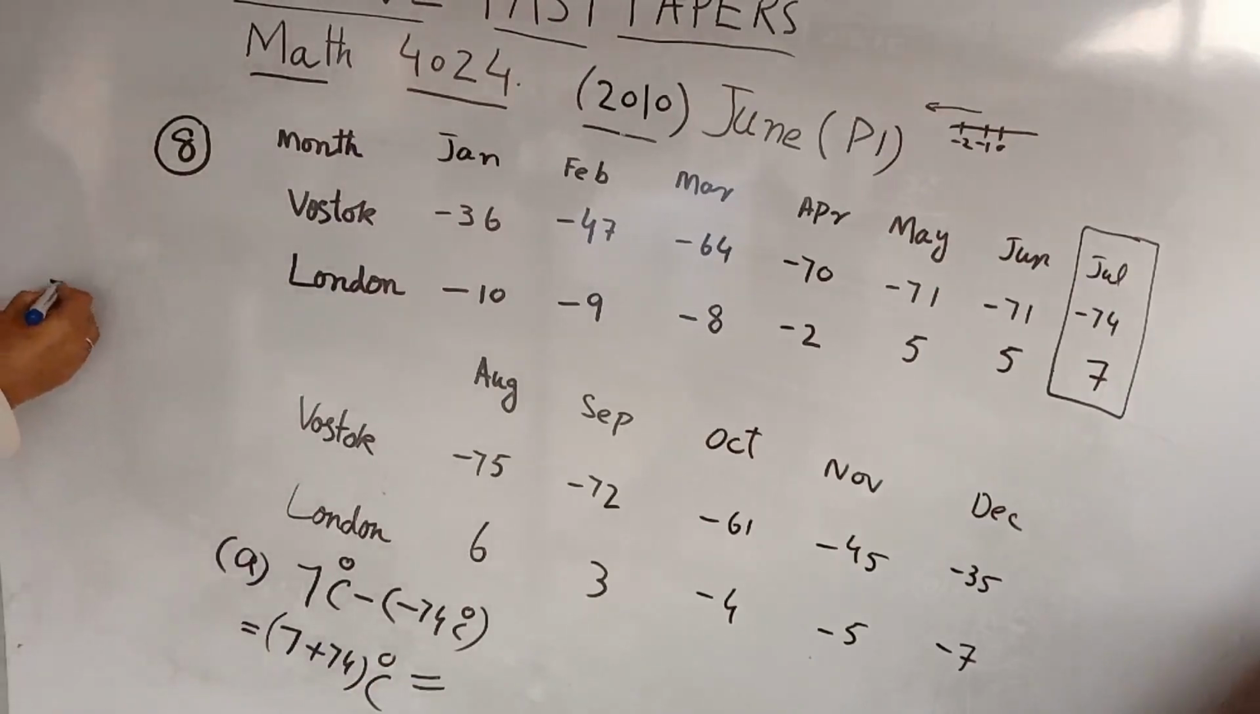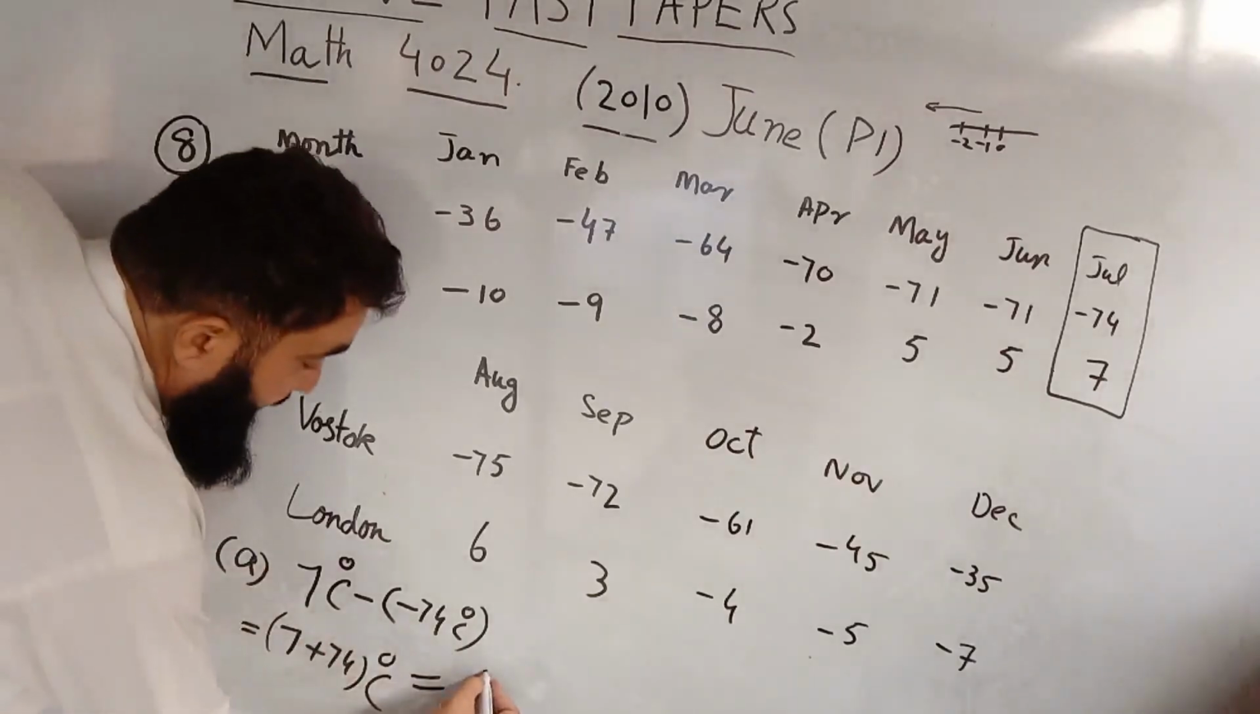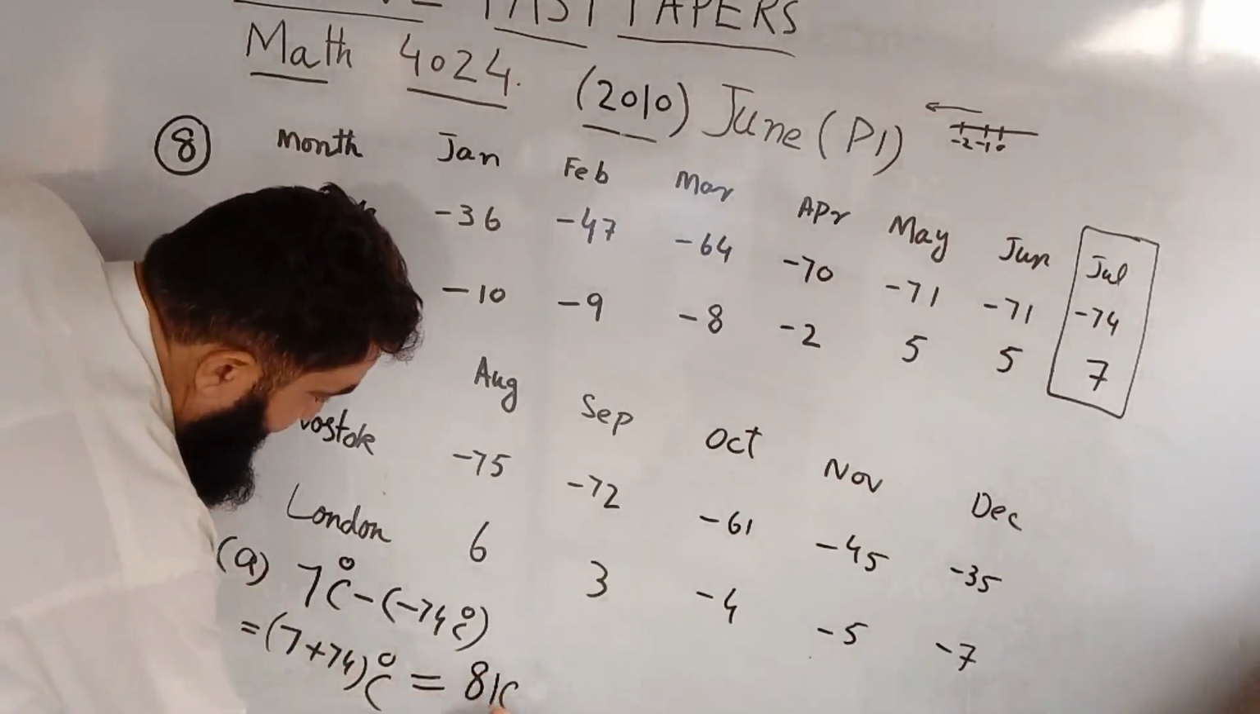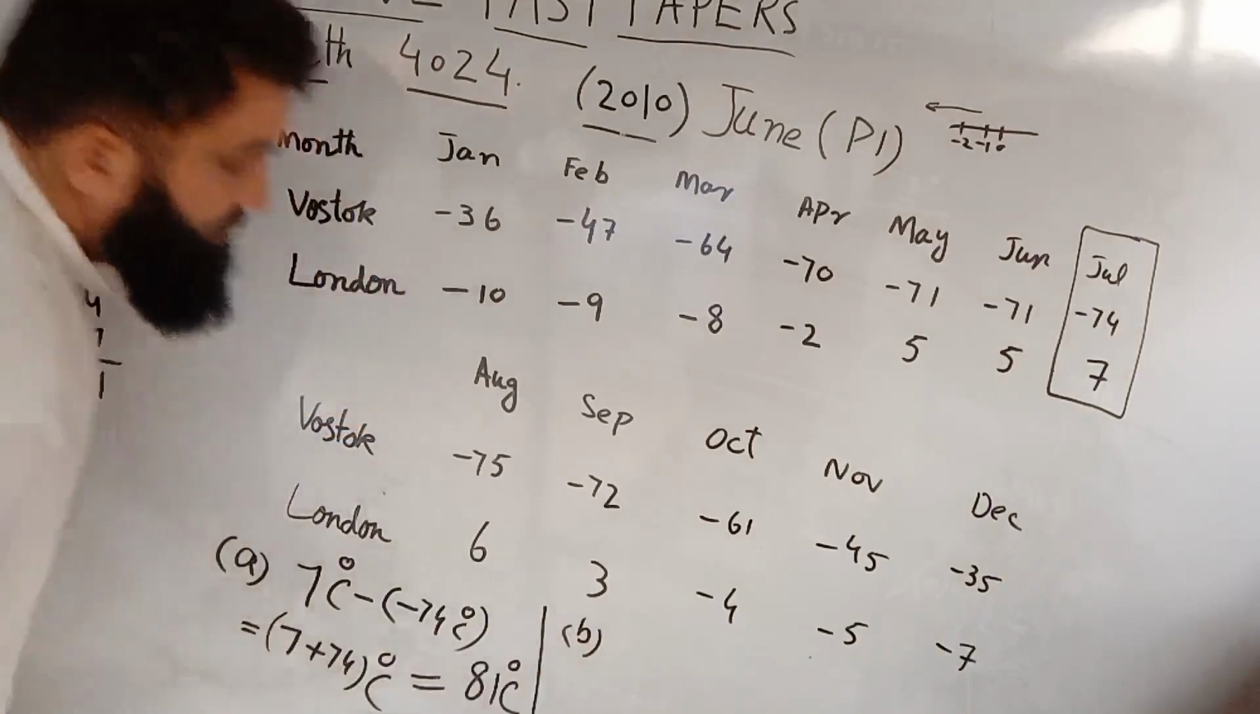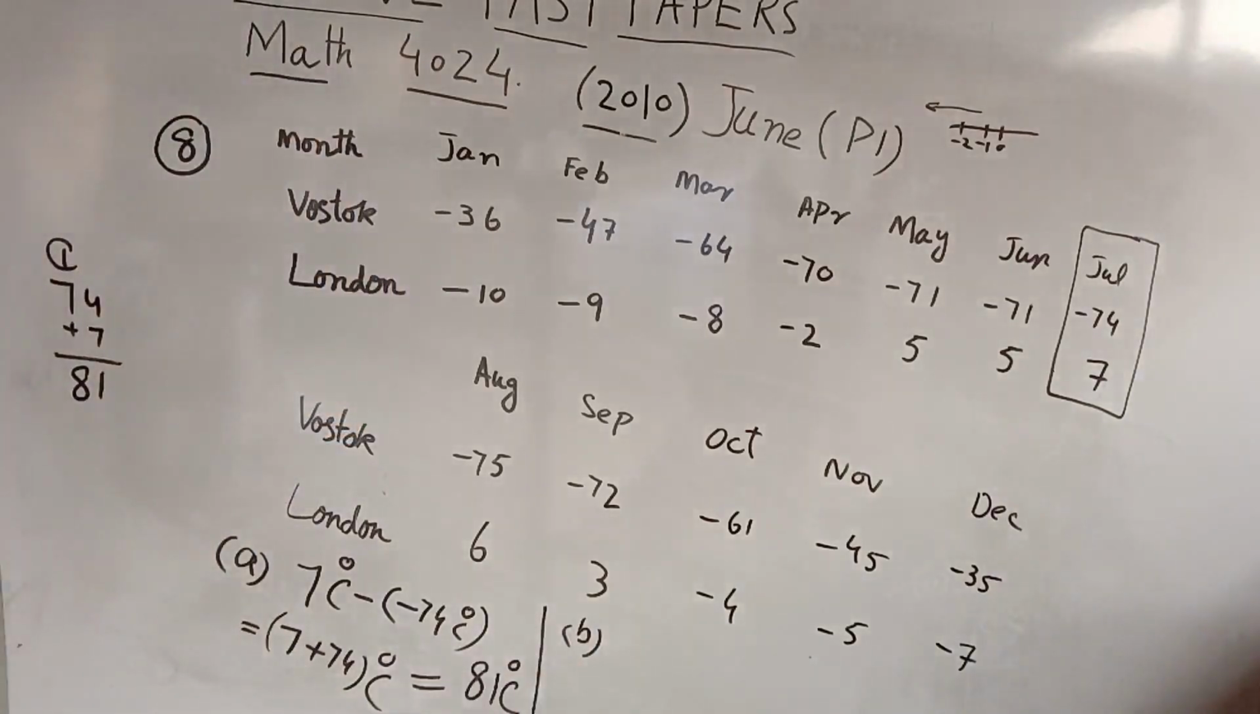So how will I write it? 74 plus 7. 7 plus 4 is 11. 1 is carried here. 1 plus 7 is 8. So the answer will be 81 degrees centigrade. This is part A. That's it. Clear? So B part is